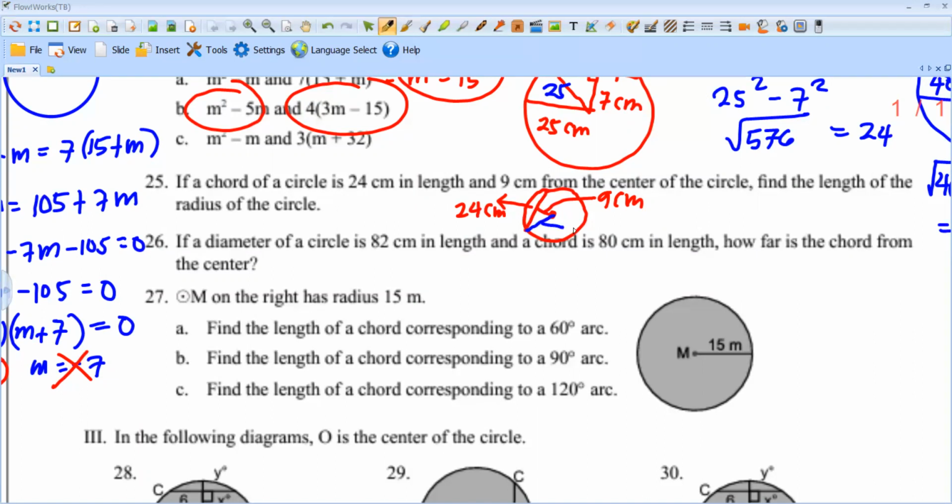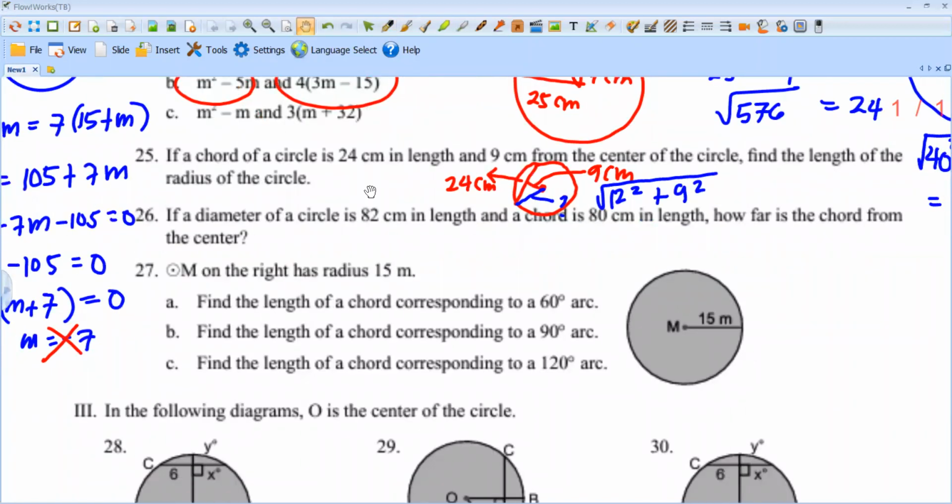So this is unknown, right? So you will do 24 halved, 12 squared plus 9 squared, because we are looking for the radius. Okay, and that's the hypotenuse. What's the answer? Square root of 12 squared plus 9 squared is 15. So the radius is 15